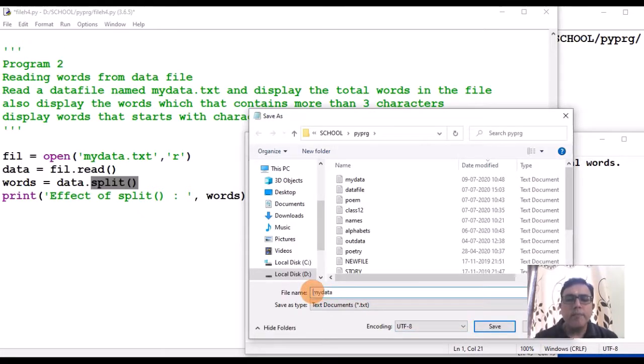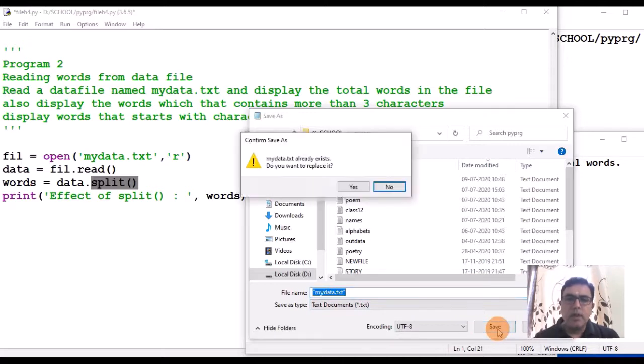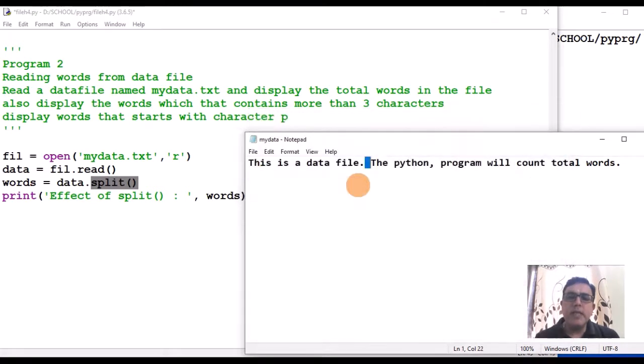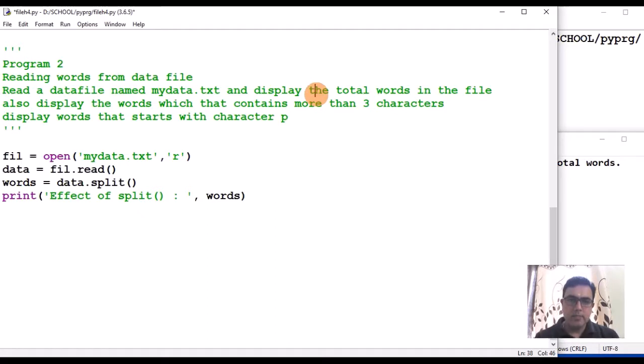I have given the name mydata.txt within double quotes. Now this file has been saved in the same folder from where I will execute this command. Then after opening the file, associating it with a string, now in the data string the contents of the data file will come.